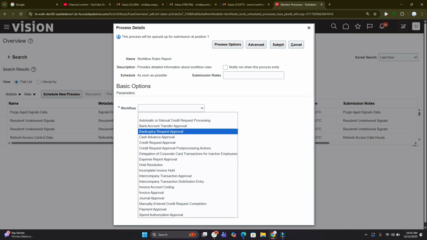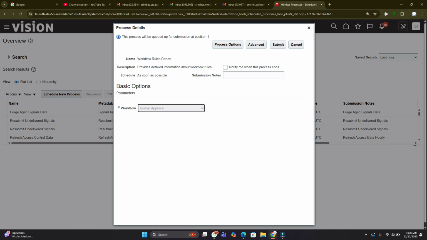So what are the available approval rules, BPM approval rules you have created? You just have to select this, like invoice account coding or intercompany transaction approval, invoice approval, journal approval, payment approvals. Okay. So for example, let me select here journal approval